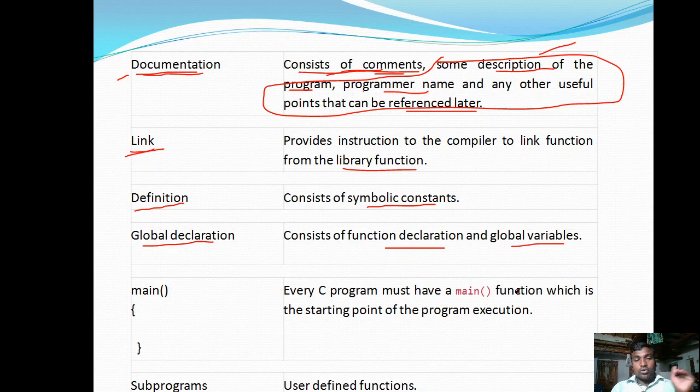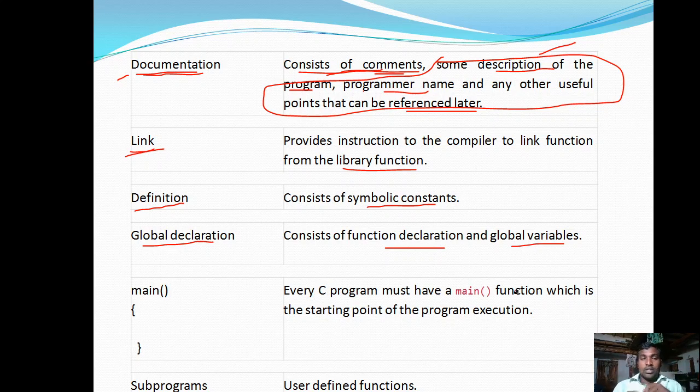You can clearly understand this in the respective discussion. Right now, what you need to understand is that the global declaration section consists of the user defined function declarations as well as the global variable declarations. They can be used anywhere in the program, in any function we can use.